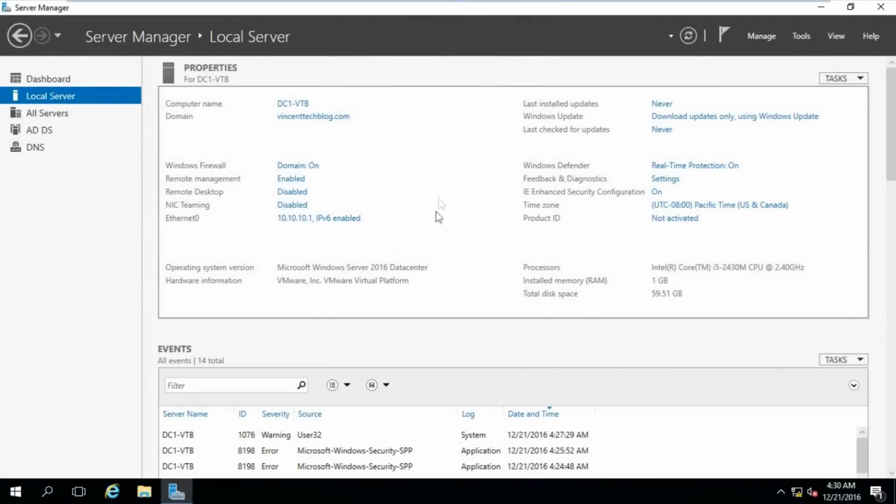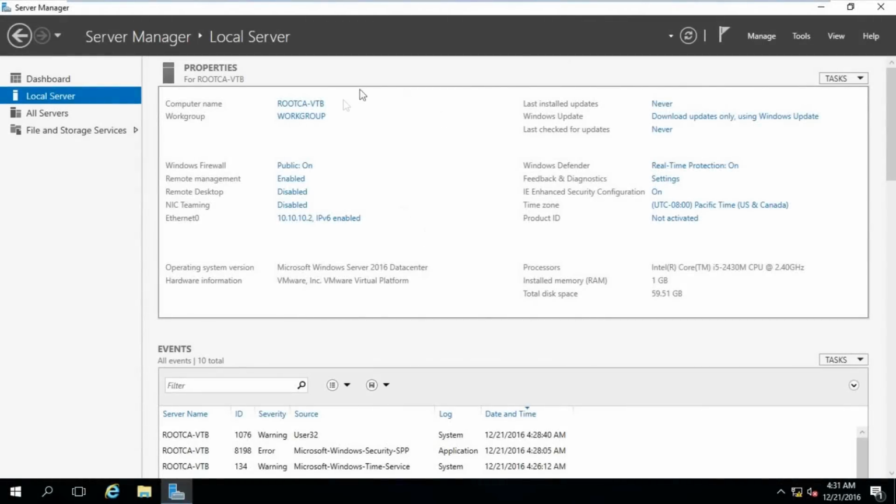Okay guys, here I am on the DC1 VTB, the domain controller. To configure the root CA, we need to go over to the root CA VTB. Okay, let's go over there. Okay guys, right here as you can see we have our root CA VTB. It's not part of the domain, but it's on the network. So how do we configure it? Just have to go over to the